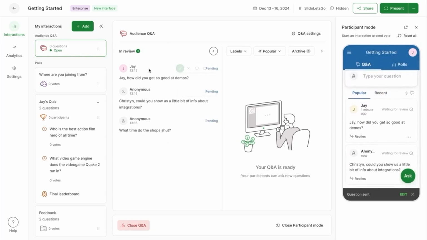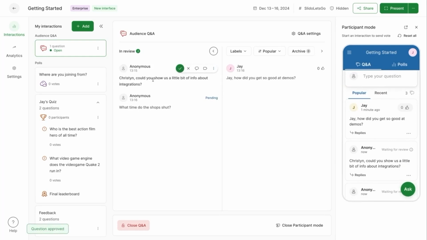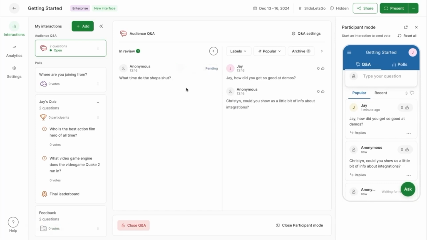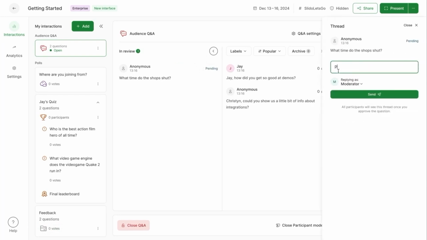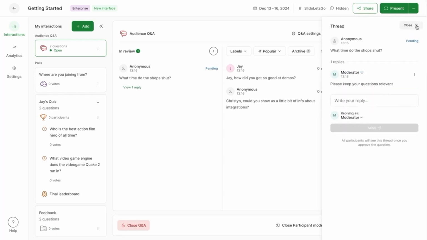So here in our host mode, this first question here, we like the look of this one. Okay, so let's approve it. We also like the look of the one here for Kristen, so let's approve that one. But this last one is not relevant. Maybe that's not quite right for this Slido. So what we'll do is we'll reply to it, and we'll say, please keep your questions relevant. We'll send that in,